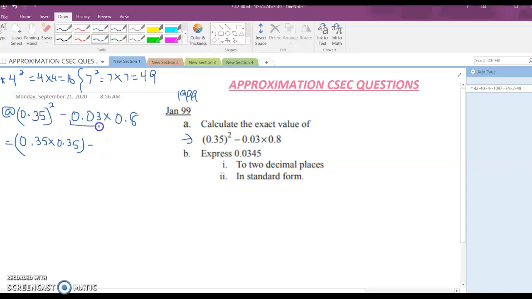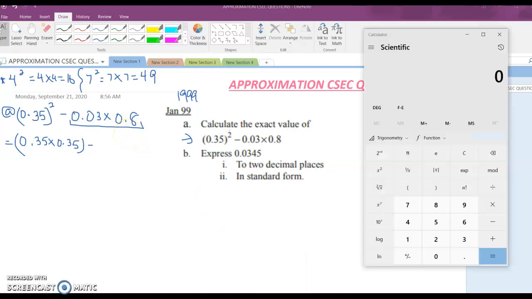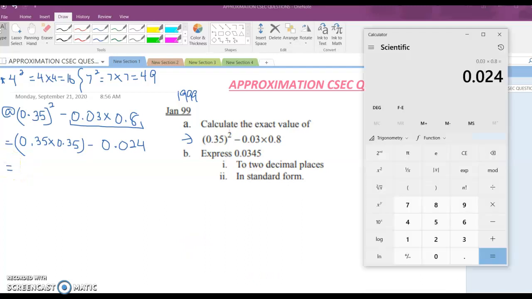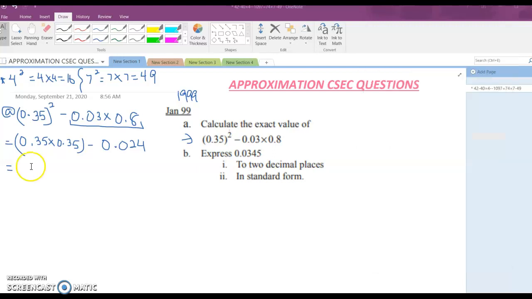And then this second piece here, on your calculator, just work it out. So I'm going to show you on my computer calculator here how we're doing that. So 0.03 multiplied by 0.8. And we'll get 0.024. So let me write that in, 0.024. And now, for the next part, the first part with the brackets, let's just work that out. 0.35 multiplied by 0.35. And you will get that there, right? So 0.1225 take away